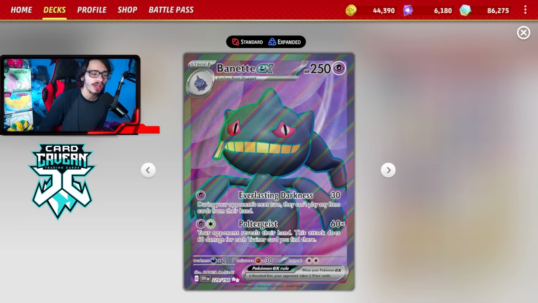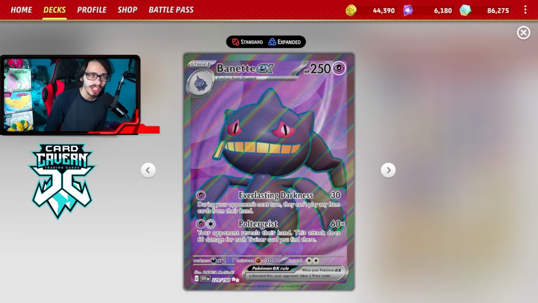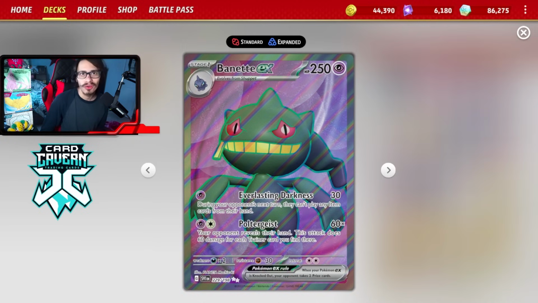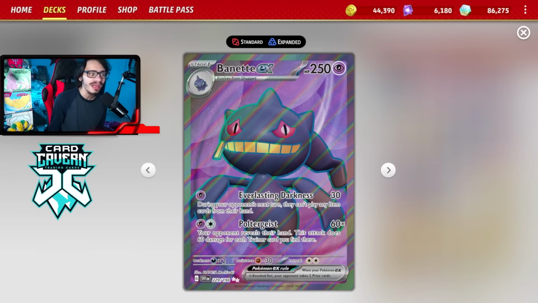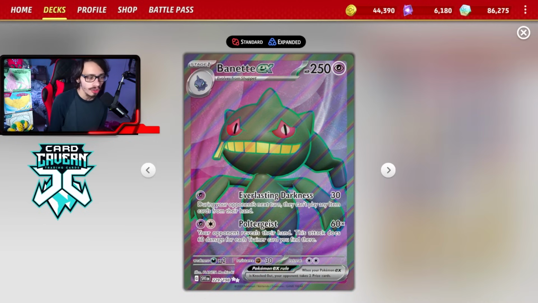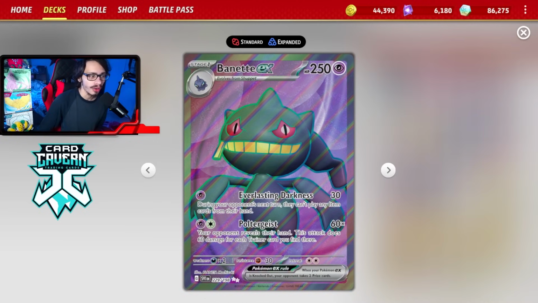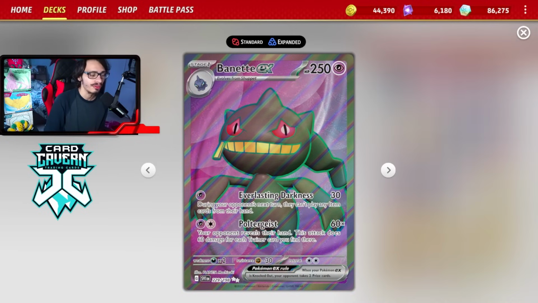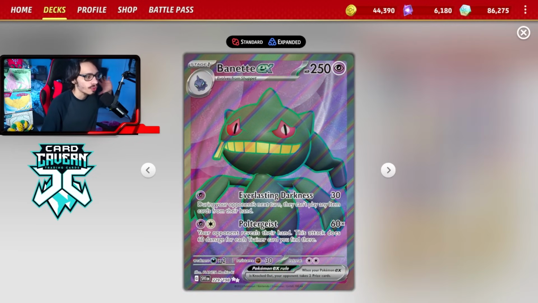And obviously, item locking right now is really, really strong as you're able to shut off a lot of good cards like Rare Candy, Switch Card, Escape Rope, Mirage Gate. The list goes on. Even stuff like Electric Generator gets shut off. So being able to immediately item lock your opponent is very strong. Your other attack ain't bad either. Poltergeist does 60 damage for each trainer card in your opponent's hand when they reveal their hand. Really strong attack too to blow something up potentially, but the main attack we're focusing on is of course Everlasting